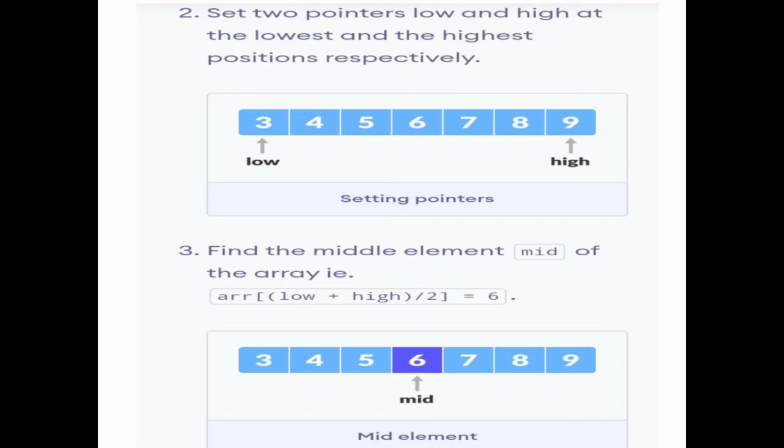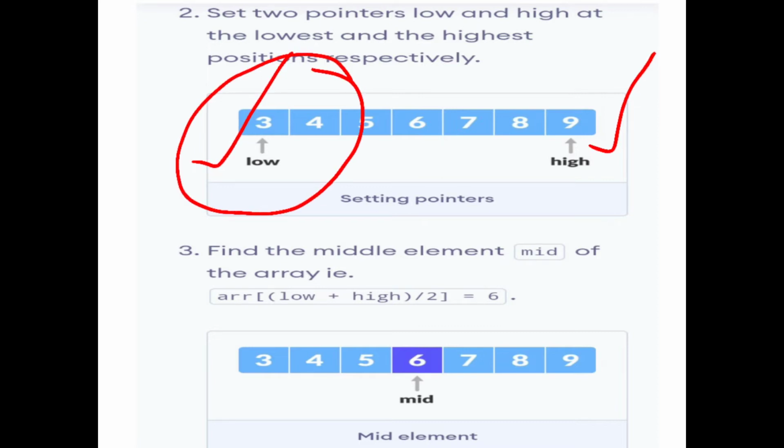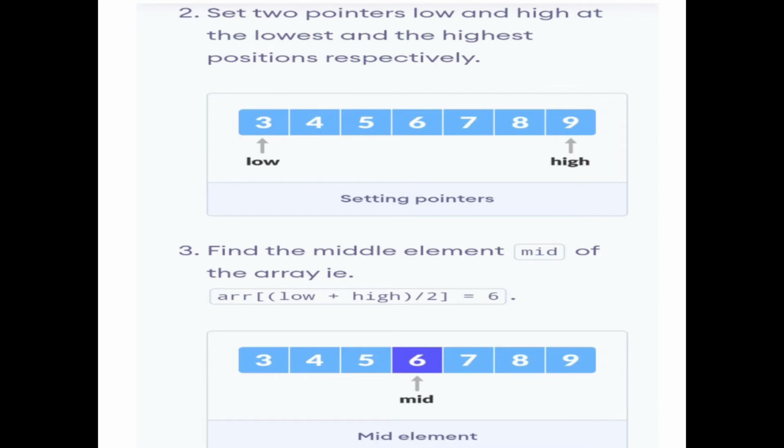Suppose the elements are not sorted, first you must sort the array, then mark the pointers, that means which one is the lowest position and which one is the highest position. The leftmost part of an array is called lowest, and the rightmost is called highest. So these are the two pointers marked in arrays.